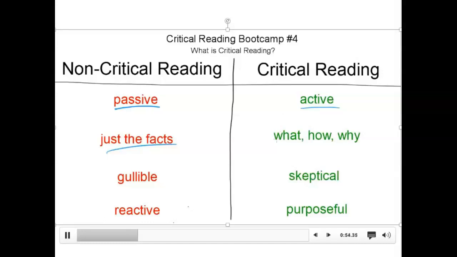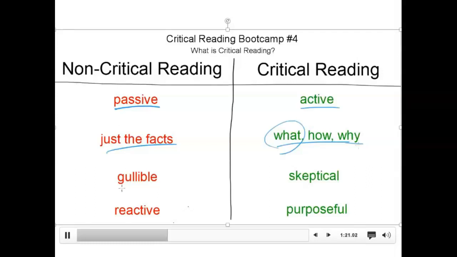Whereas a critical reader would not only, of course, be interested in what is being said, that's of course critical and the foundation for everything, but how it's being said, so the techniques that are being used, rhetorical, literary devices, those kinds of issues, and then why it's being said, so what it means, right? So who cares that we were reading this, right? So a non-critical reader is only caring about the facts and what it says, whereas the critical reader wants to know not only what it says, but what it does and what it means.